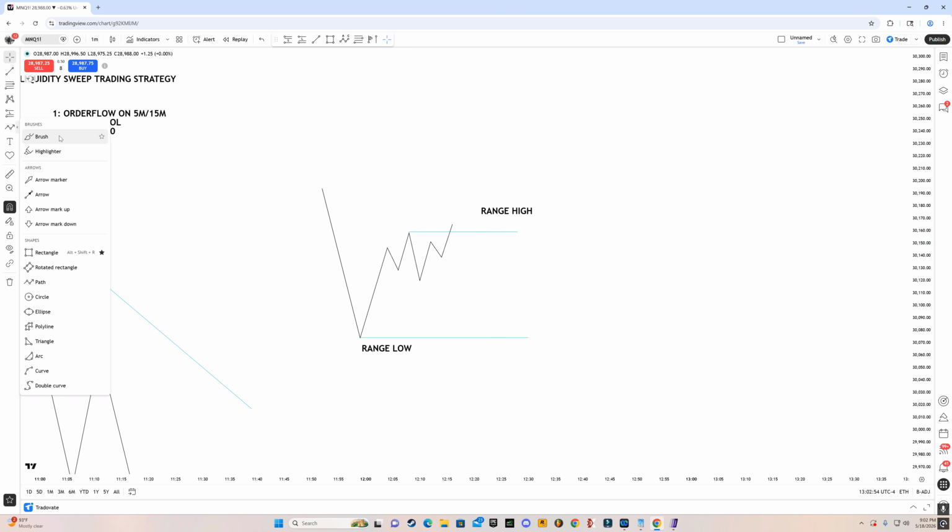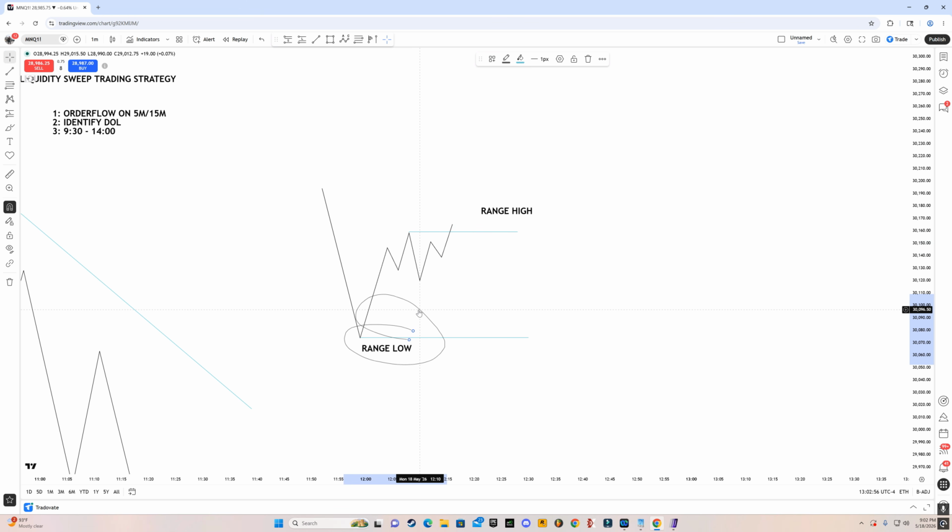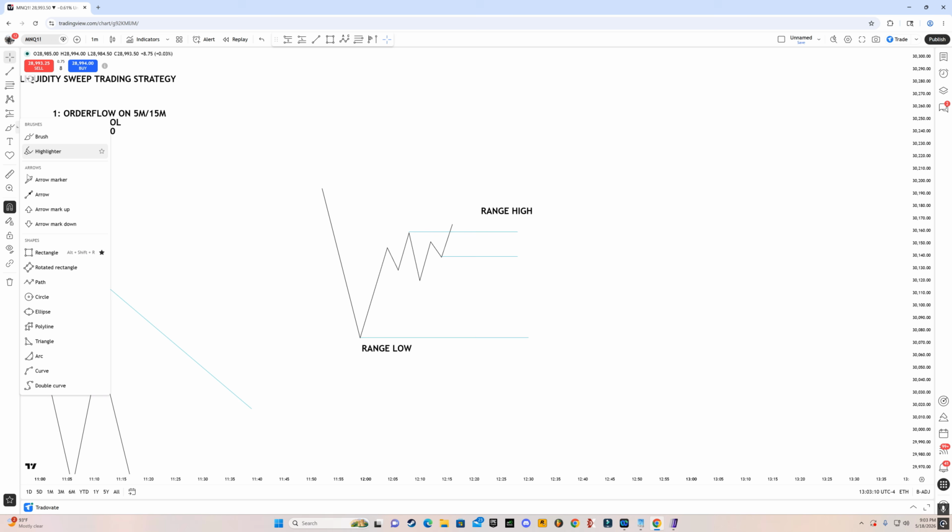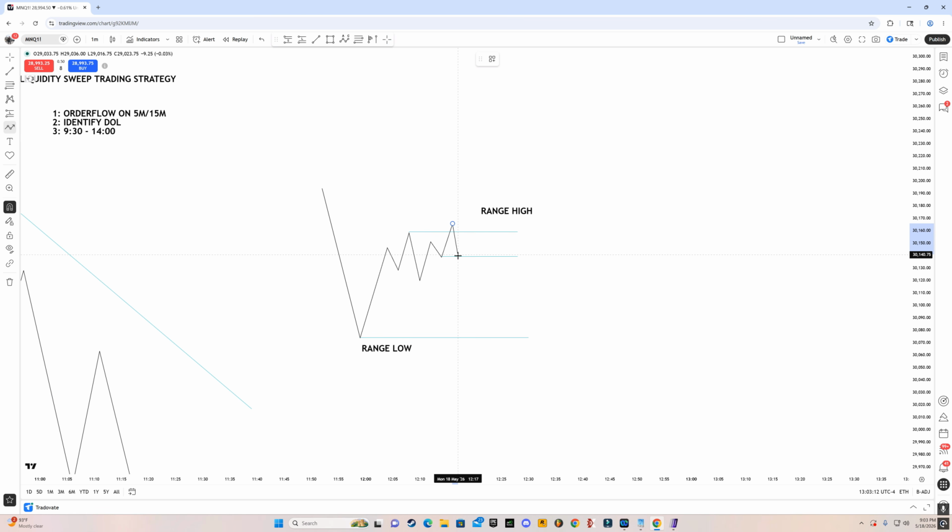We do not want to see price sweep out the range low before our entry. So we need this pattern to form before we can take a short position. So we take out the range high. The next step is waiting for CISD. So if we have continuous bullish candles here and price closes below those continuous bullish candles, that is your sign